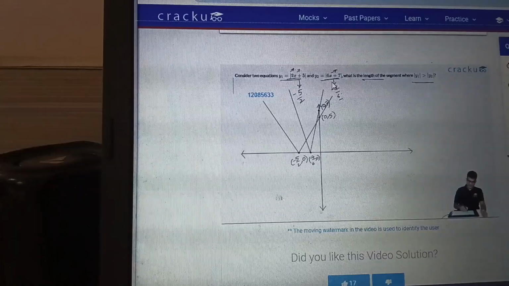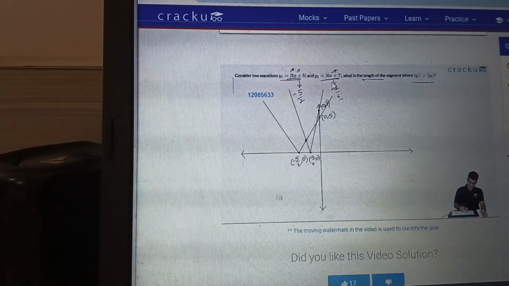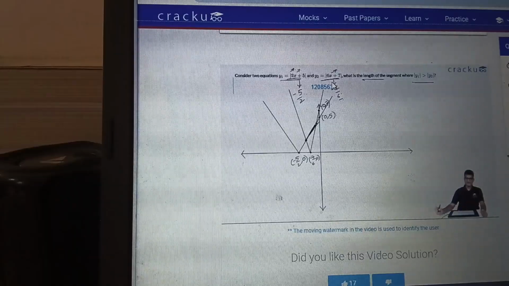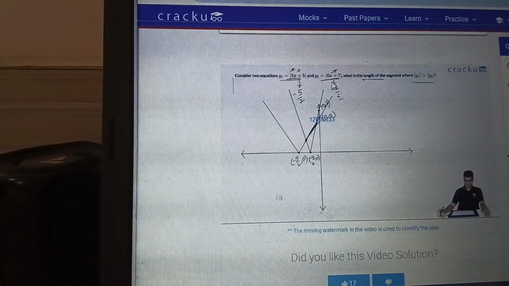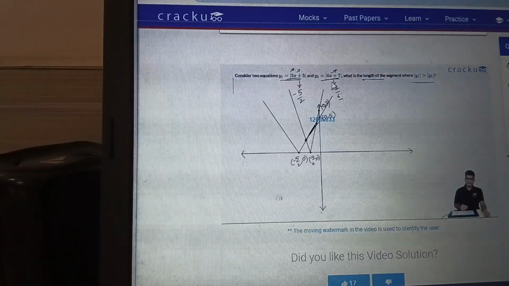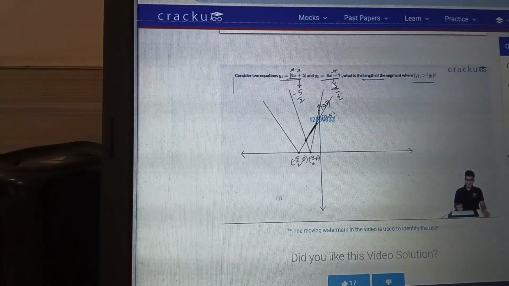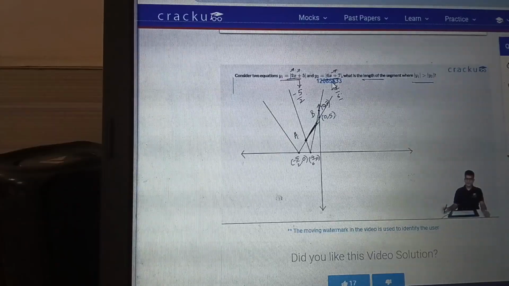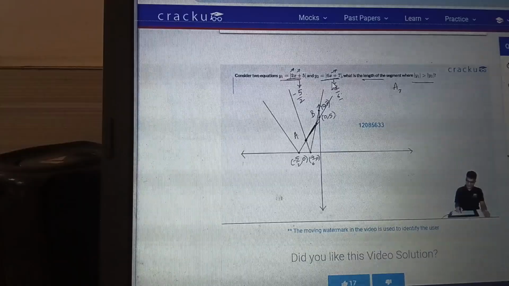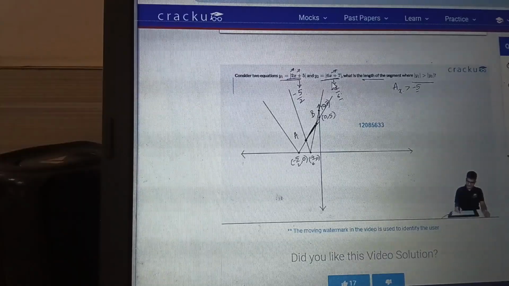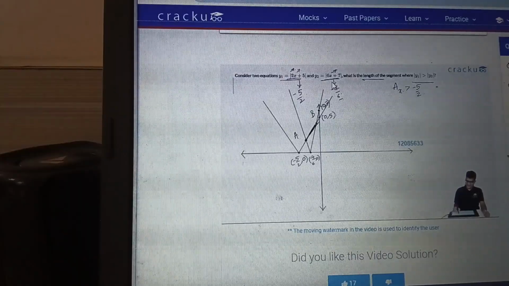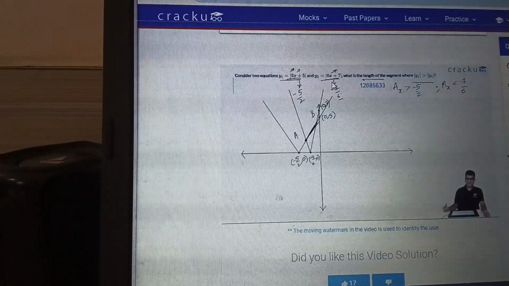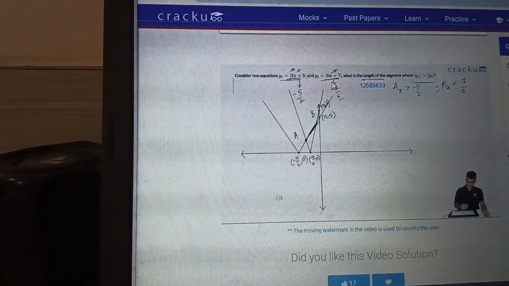What we are required to calculate is the length of this line segment. This is the part where the first graph is actually higher than the second graph. How can we calculate the coordinates of this point? We should have a rough idea of where the points lie. The first point, if you are calling this A, and if this second point is B, the x coordinate of the first point is greater than minus 5 by 2, and it is less than minus 7 by 6. You can understand that from the graph. And for the second one,